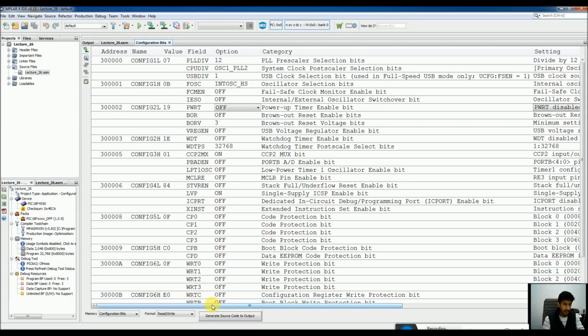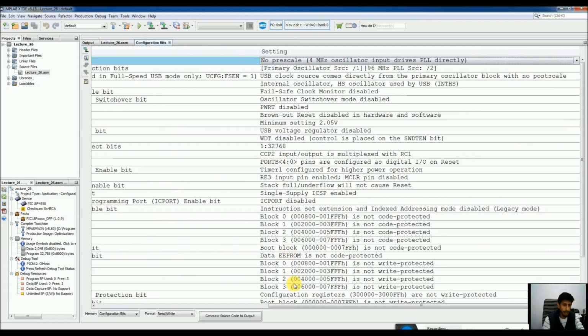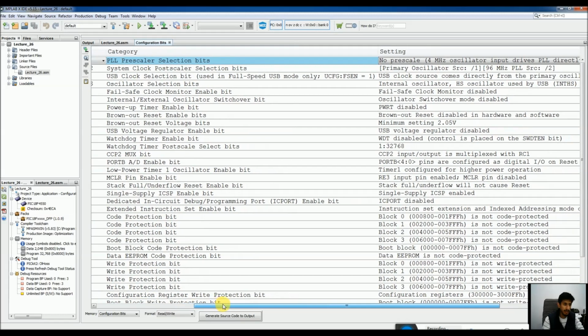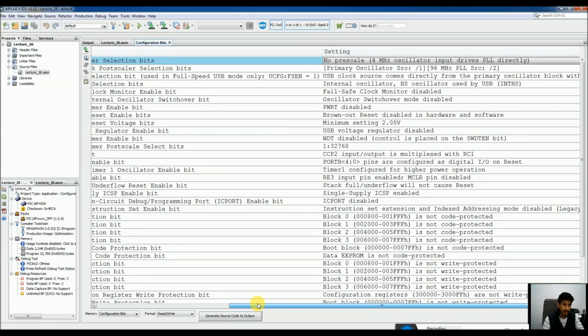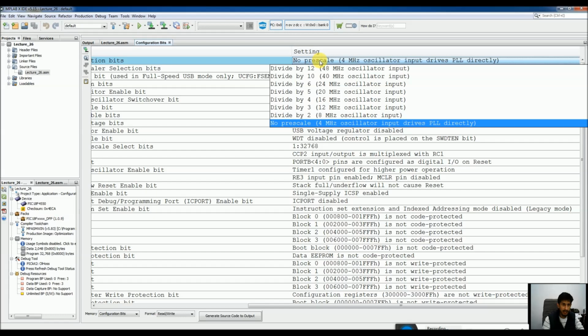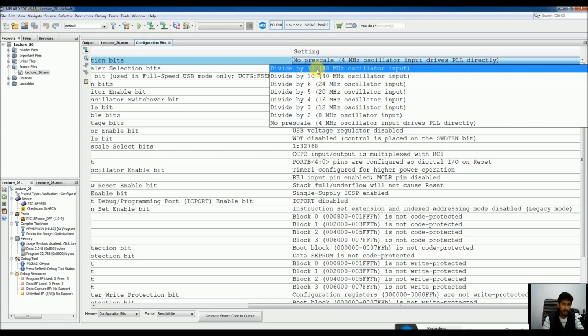Let's see once again the available configuration bit options in MPLAB X IDE. PLL, phase lock loop, is used to multiply our clock by a certain number. This works in a reverse manner. For example, if I choose this option, divide by 12, our clock will not be divided by 12.